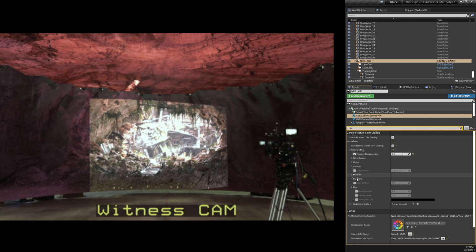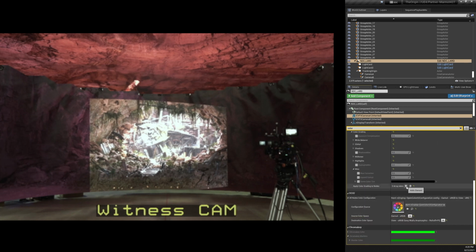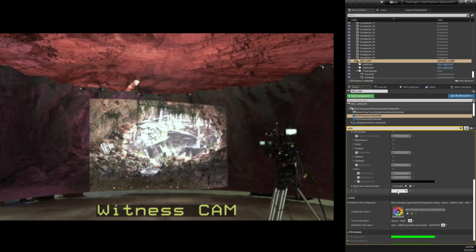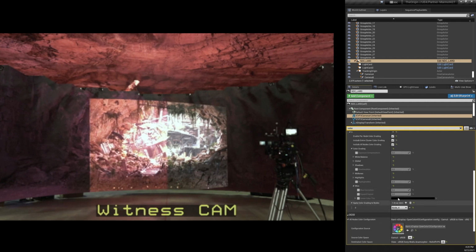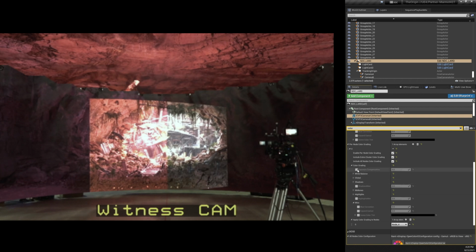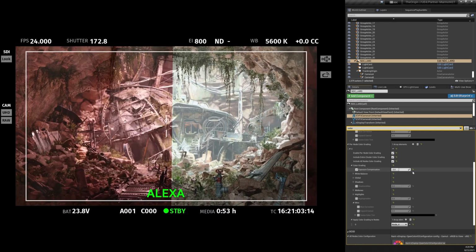Now, the inner frustum cannot be adjusted on a per viewport basis, but it can be adjusted on a per node basis. So let's say we wanted to increase the exposure compensation, but only on the cases where the frustum is on the left side of our wall, which is our node 1. So we'll add a per node color grading settings, scroll down, and specify that we want these to apply only when the frustum is on node 1. Or in this case, actually, it's node 4, because we've made some switches. We'll go to exposure compensation, and let's say make it darker on that side. So you see that we're applying those settings only to what's on the left side of our wall, because that's where the division between these nodes is.